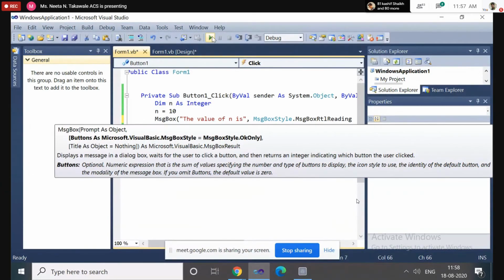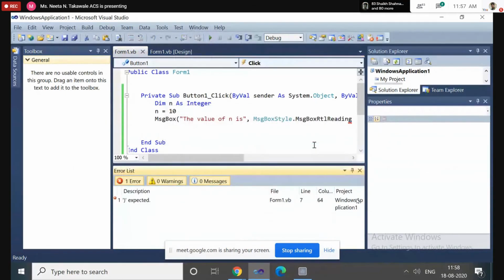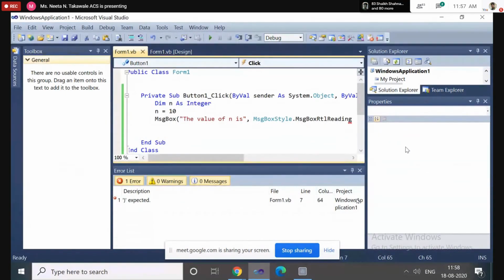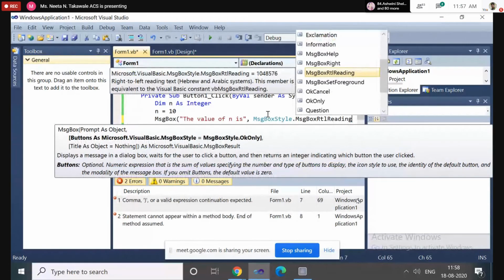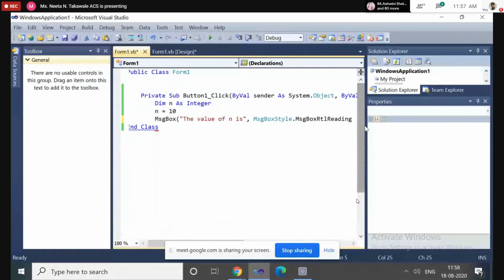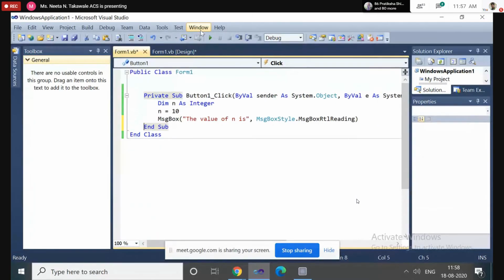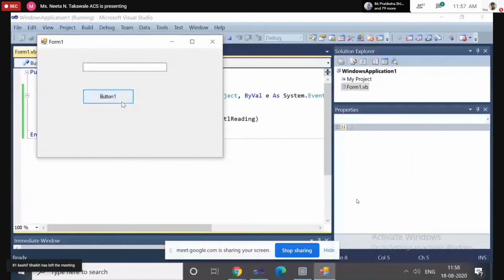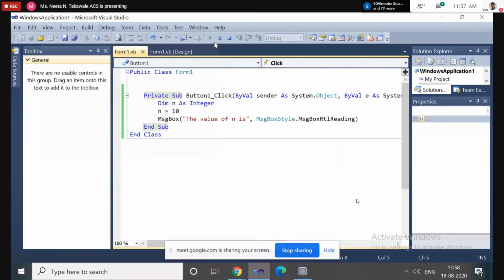RTL reading means right to left. Click on button. Now see here.